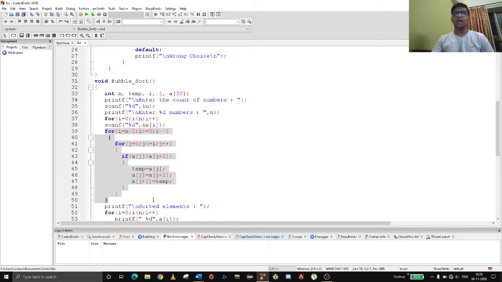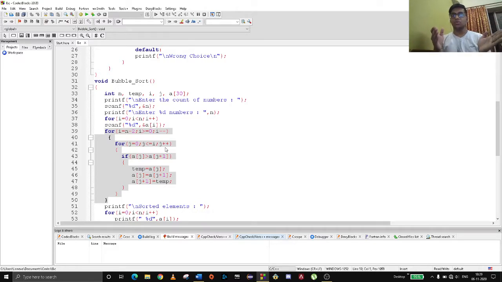Now another for loop is for j equal to 0, j less than or equal to i. Now it will check the other elements, first index, then second index, then third index, and so on. If the first index is greater than the second index, it will change the values. We need to swap. For swapping we need a variable, and I've created that variable as temp.